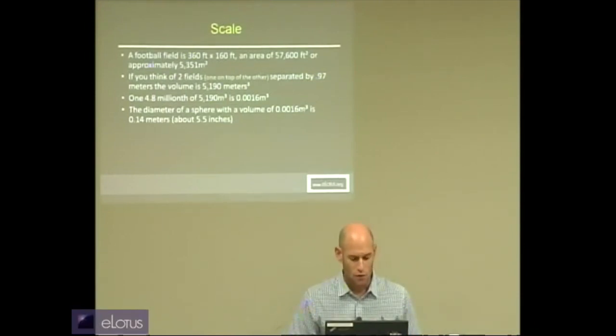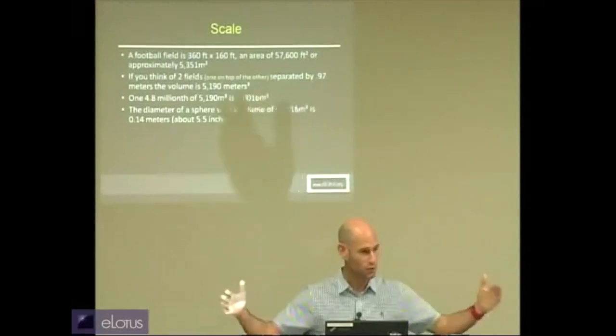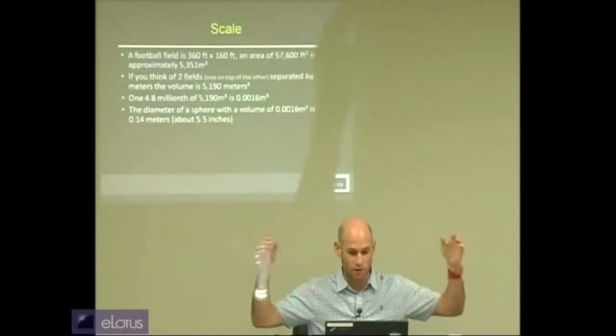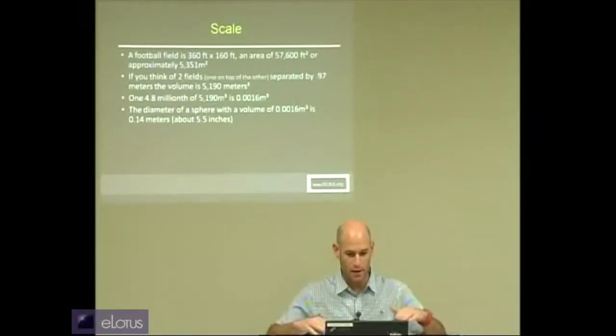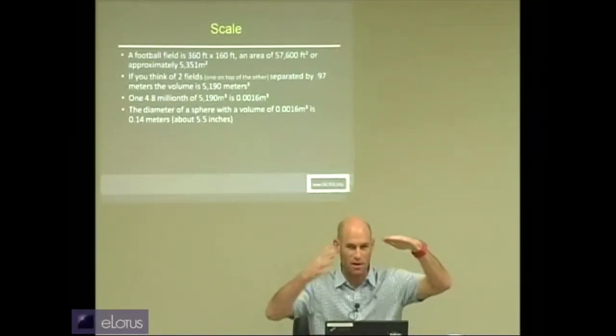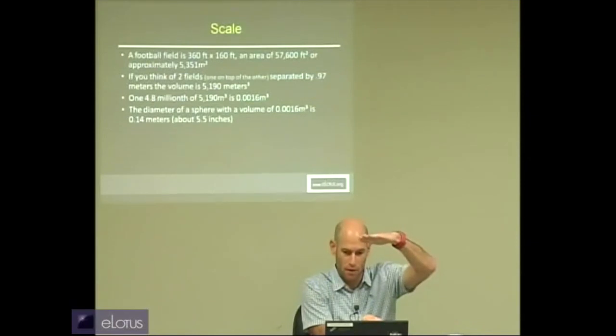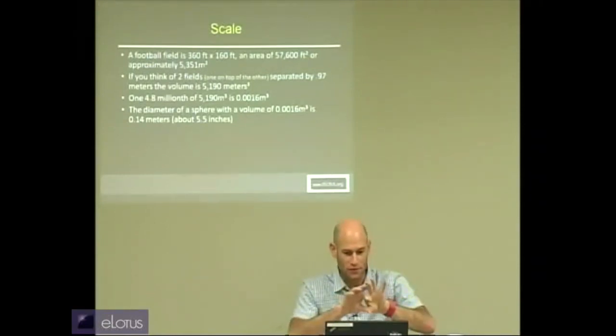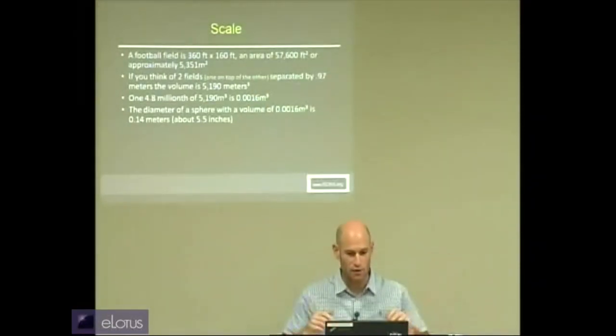Okay, so if you take one field, and then you take another football field and put it above it, like you're sandwiching them together, and you separate it by about a meter. Okay, so we're scaling this whole thing up. That space in between there is the equivalent of about